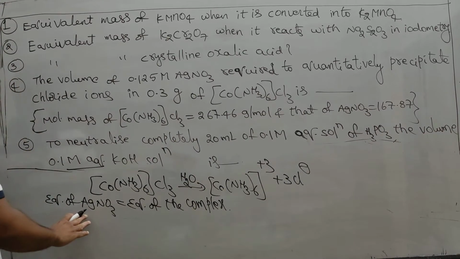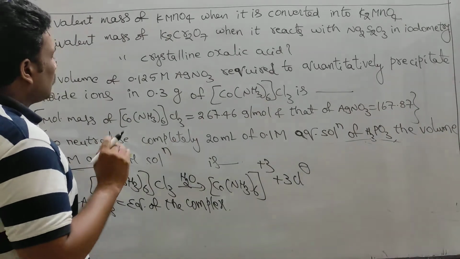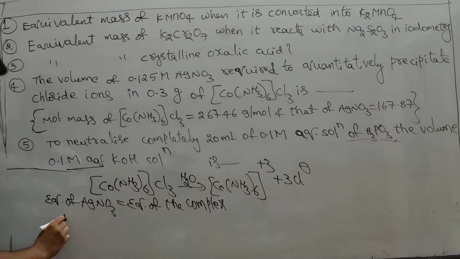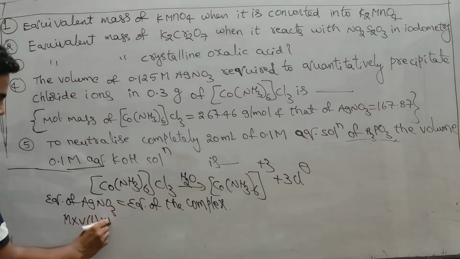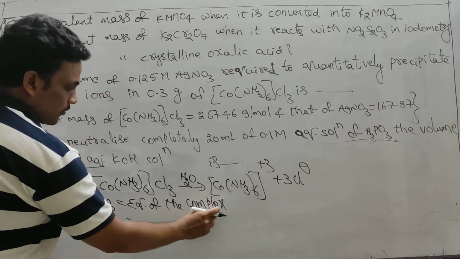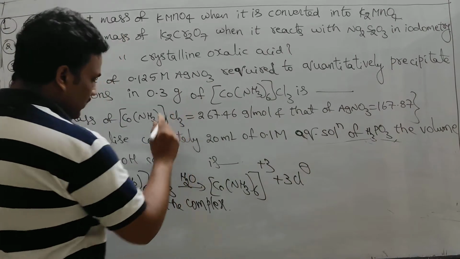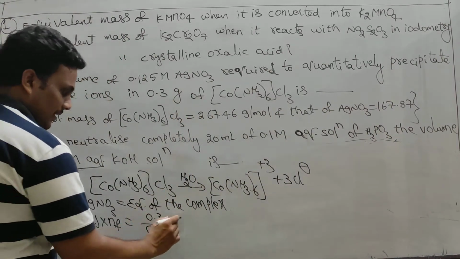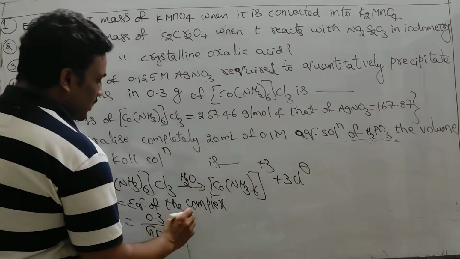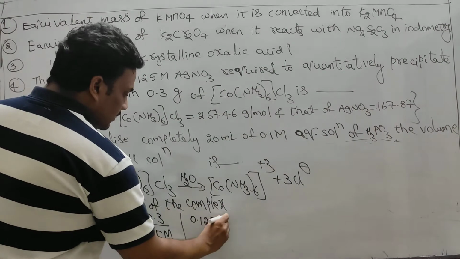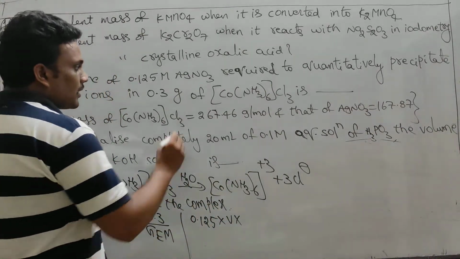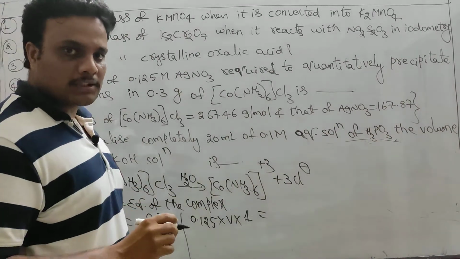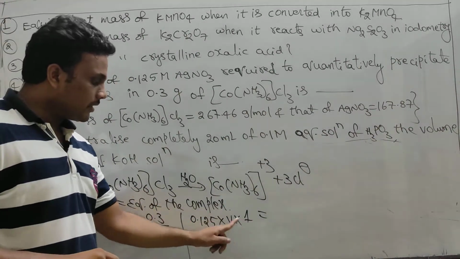Now how to calculate equivalence? You see the given information. What is the given information? Molarity. So you know the equivalence formula is molarity into volume in liters into N factor. For the complex, mass we are given, so from mass also we can calculate, that is gram equivalent mass. Okay, so molarity, what is the value? This is given. Volume of AgNO3, what is the N factor? Ag+ and NO3-. Cation charge is 1, anion charge is also 1. So molarity into N factor into volume.